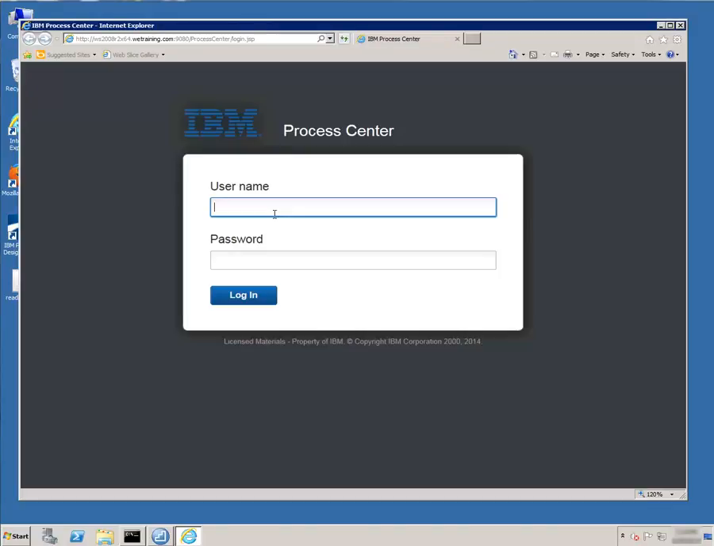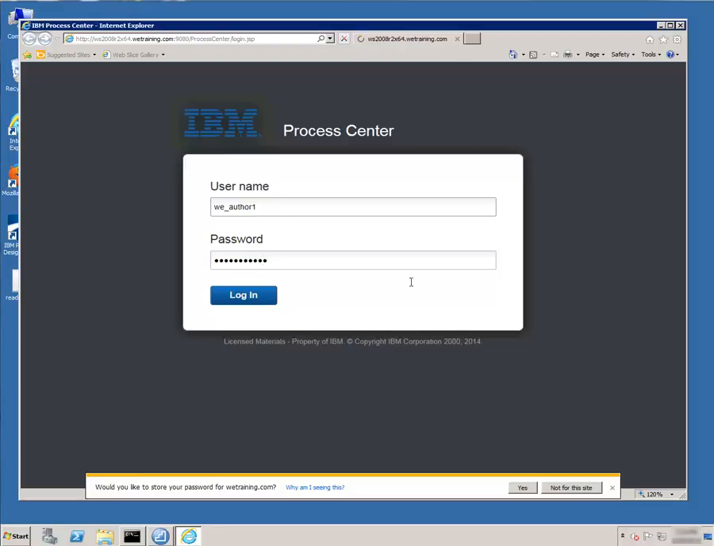If you don't have that URL, if you have this on a server, you'll have to get the name of the server, and then the port usually will be 9080, but that is configurable. And then it would be /process center, and that will bring you to this window. Now, we can log in with our credentials. If you have the credentials on the server right now, you might already have a user login. And we're going to use WE_author1 for the username and